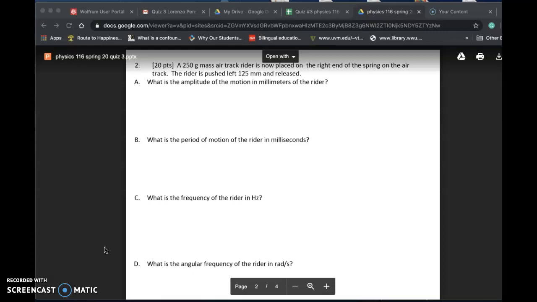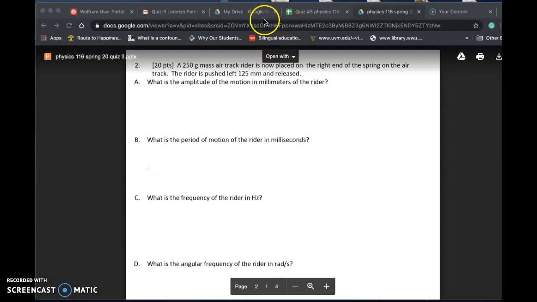the amplitude is simply the distance the cart has been pushed. The period is how much time it takes for the cart to go all the way to one side of the amplitude and then back again. And then the frequency is how quickly that period happens. And then the angular frequency is the same idea, but if you apply that to more of a circular motion,